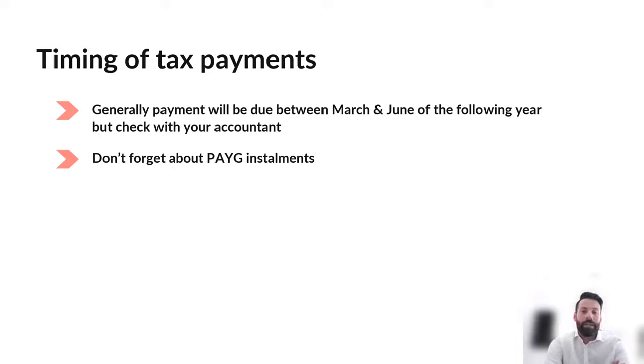So what that means is not only are you going to be budgeting for the 2022 financial year tax liability, you're also going to have instalments that relate to the 2023 year. So the issue there is that you can end up bundling up a bunch of tax payments, all sort of roll up in the same period, and all of a sudden you're paying a lot of money to the ATO. So while it's really important to forecast the final tax liability once you lodge your tax return, it's also really important to understand what upcoming PAYG instalments are, so that you're budgeting for your tax liabilities, and you don't fall behind or get a surprise bill.